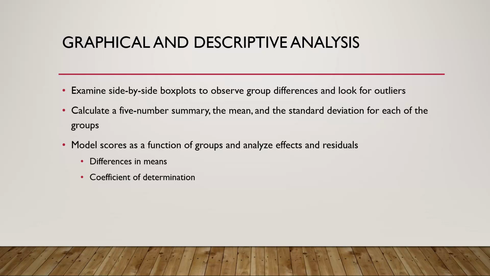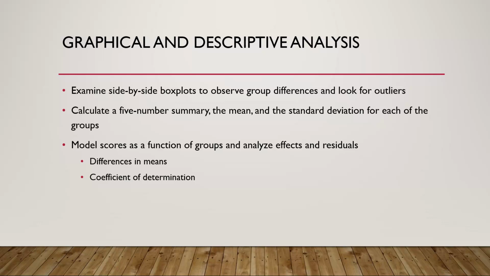Graphically, I think that examining side-by-side box plots to observe group differences is about as good as you can get. It allows you to see the variation in the groups, and it allows you to see certain points on the distribution in the groups, namely the 5-number summary, which consists of the minimum, the first quartile, the median, the third